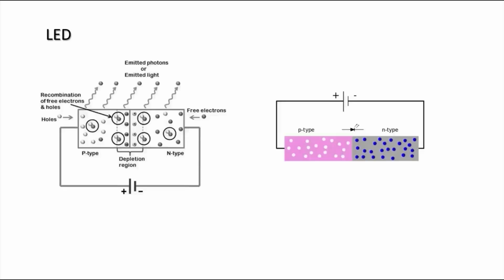When we talk about p-n junction, the first one that comes to our mind is LEDs. LEDs are light emitting diodes. Direct bandgap semiconductors like gallium arsenide are used for making LEDs. What is the working principle behind it? In a semiconductor, the electron is always at a higher energy level than the hole. In a direct bandgap semiconductor, when electron and hole recombination happens, a large amount of energy is emitted in the form of light. That is the working principle behind LED.